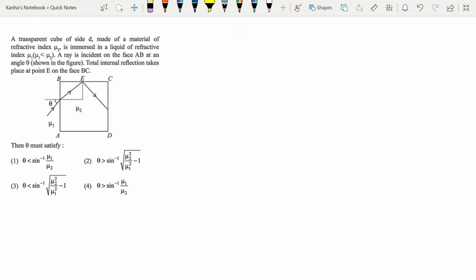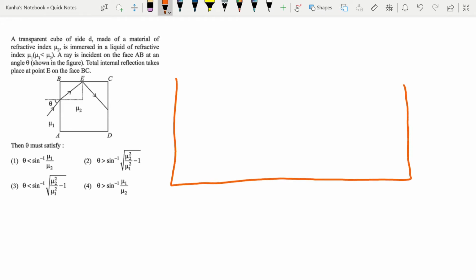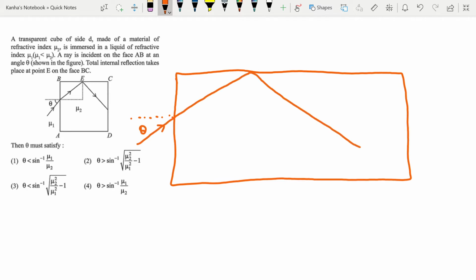If I want to do this question, I should be very well aware of two things. First of all, what are the different angles in the question? And secondly, Snell's law and the conditions for total internal reflection. Okay, we'll quickly look at this question. So this is your angle theta. I'll make these the two normals, normal 1, normal 2. If this is theta, let's call this angle the refracted angle R. This is 90 degrees, so this is 90 minus R.